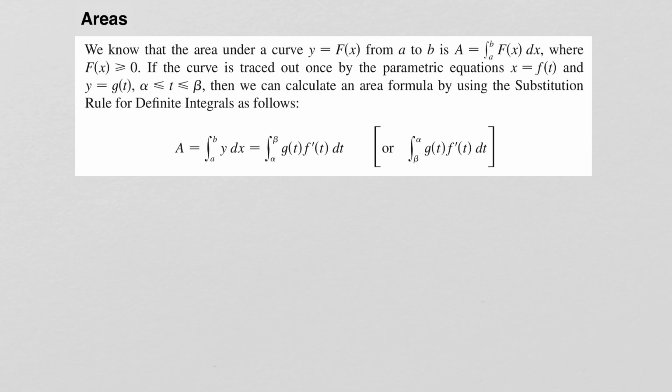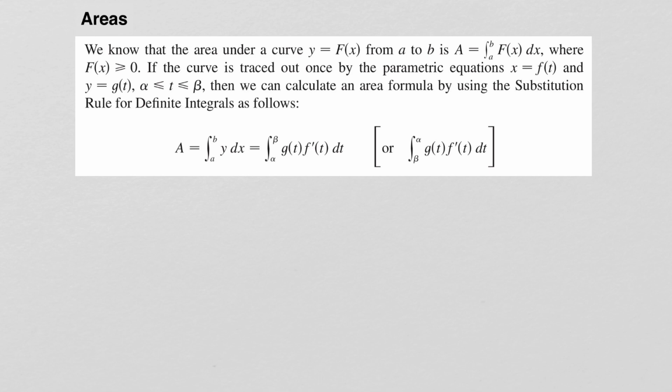Now let's talk about areas under a curve. So we know that the area under a curve y equals f of x from a to b is area equals the integral from a to b of f of x dx, as long as our function f of x is positive. If the curve is traced out once by the parametric equations x equals f of t and y